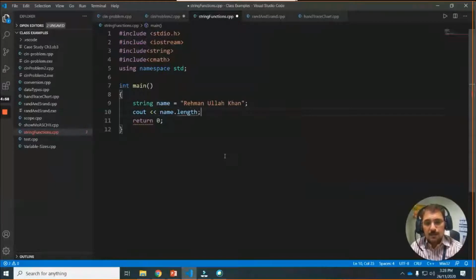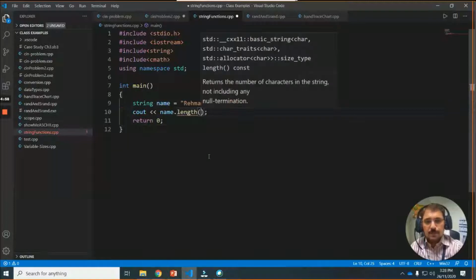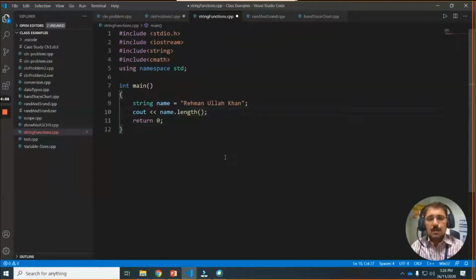See, name dot length. It is a function. There is a difference between function and property, but I don't think you can understand it at this point. A function needs parentheses, a property doesn't need parentheses.